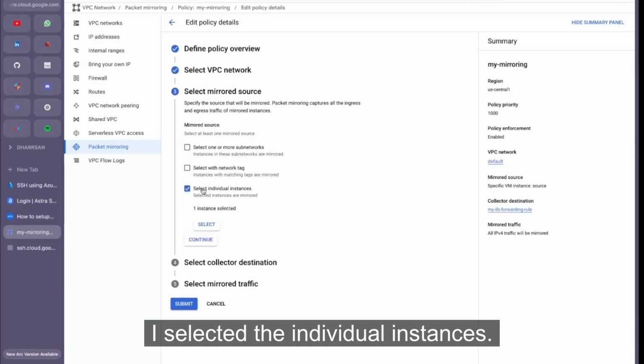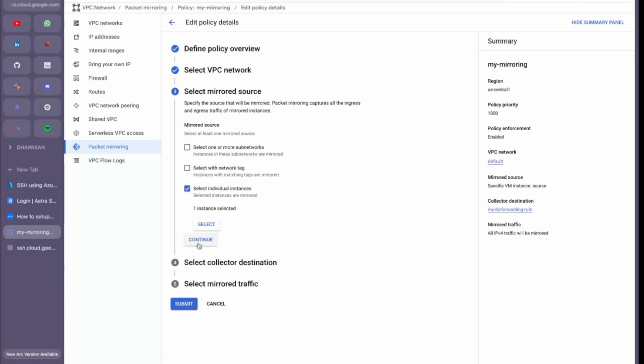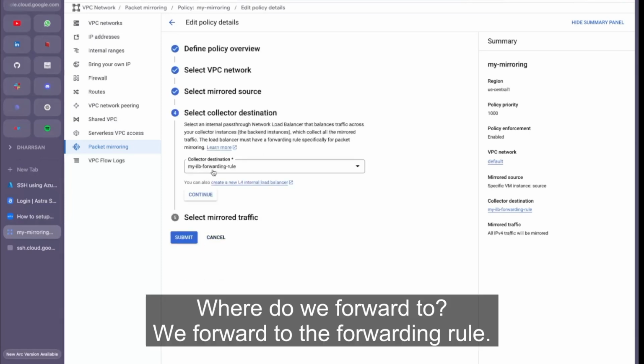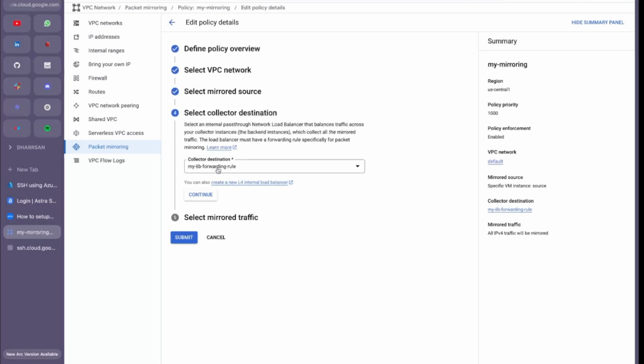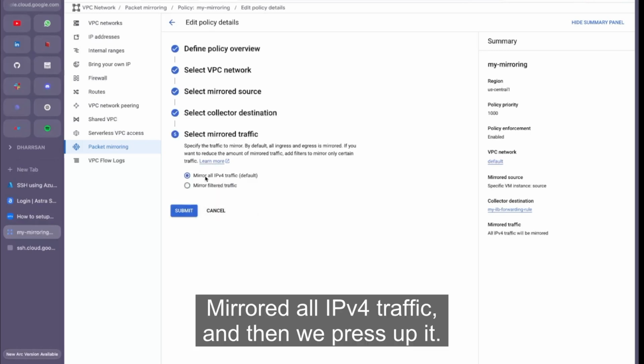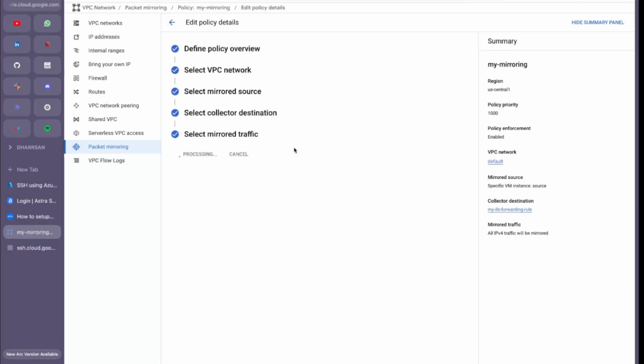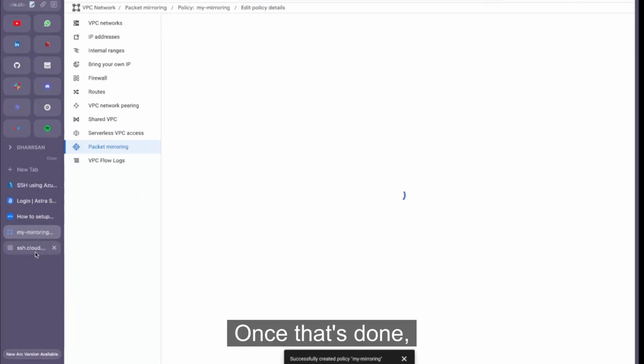So I selected the individual instances. So where do we forward to? You forward to the forwarding rule. Mirror all IPv4 traffic, and then we press submit. And once that's done,